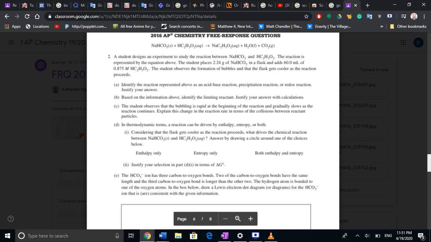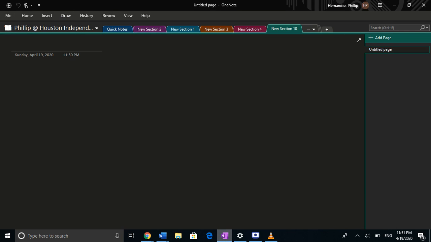So for part C, the student observes the bubbling. They notice rapid bubbling in the beginning of the reaction, but as time passes, the bubbling starts to slow down. And we need to explain this change in the reaction rate in terms of collisions between the reaction particles. So for this one, we need to trace back to